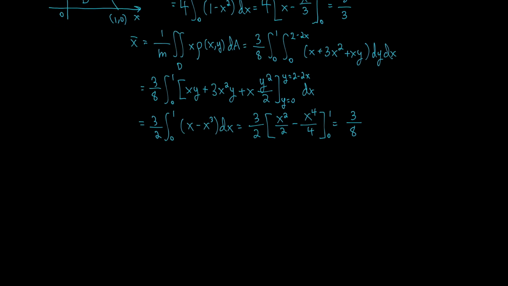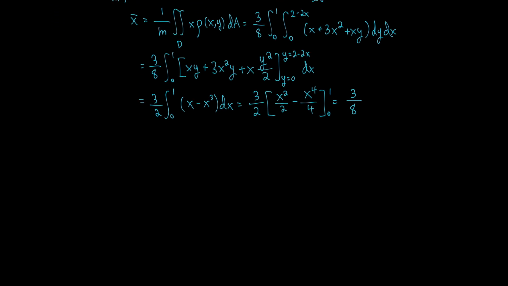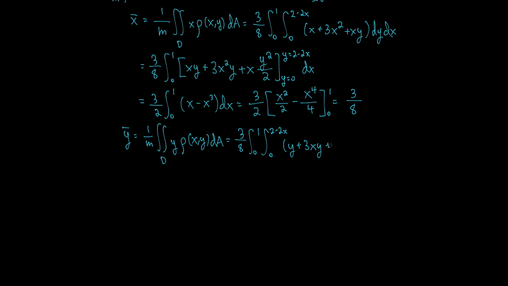Let's find the y bar now. So for y bar, we have 1 over m times the double integral over D of y times rho of x, y dA, and that's 3/8 times the integral from 0 to 1 of the integral from 0 to 2 minus 2x of y plus 3xy plus y squared dy dx,